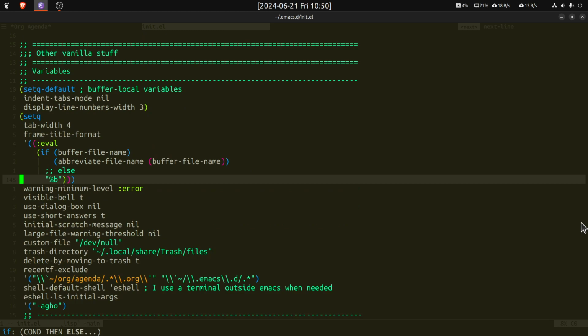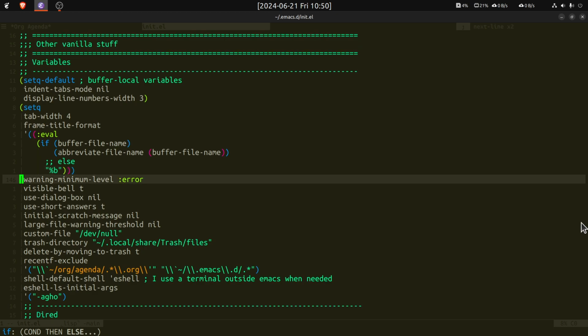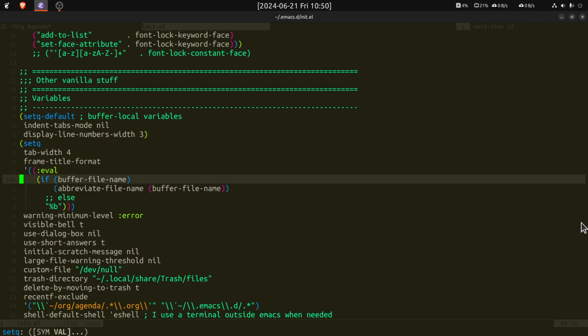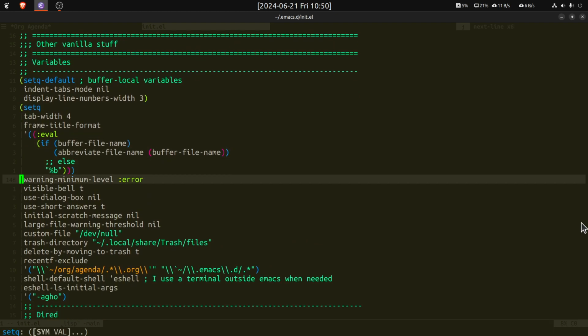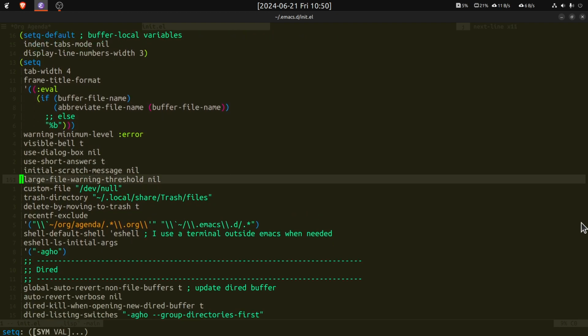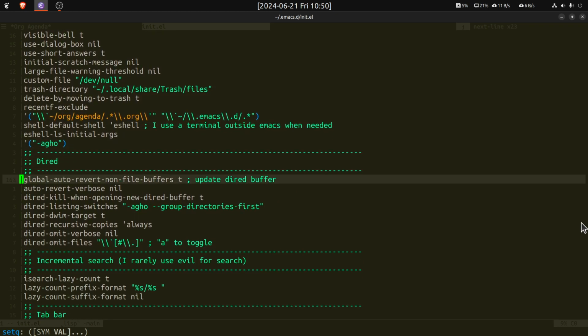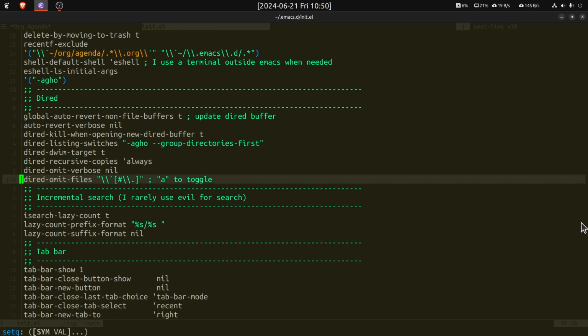Then I have some vanilla variables. That is all sorts of things that are part of vanilla Emacs, and I configure that here with some variables. And here, for example, I set my frame title as I like it, and so on. So here is a lot of vanilla Emacs